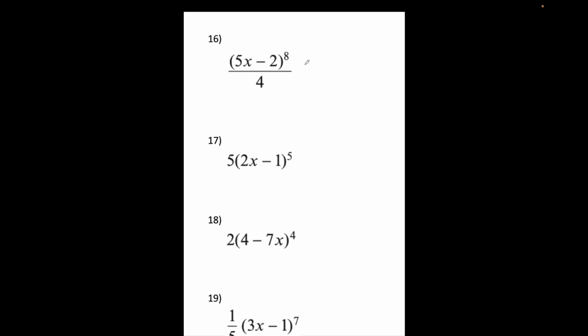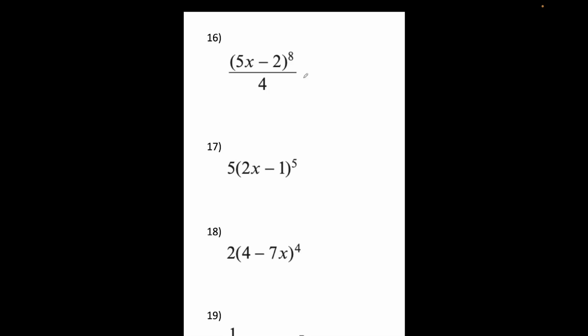If you look at number 16, same principle over here. Hang on a minute, why wouldn't we just put a quarter in front of that first? That's more preferable. We know algebraically that's allowed. If you don't get this relationship, that's very concerning. Divided by 4, as in you understand why it's the same thing as a quarter times the whole thing. And you can tell this definitely helps, doesn't it? Because we now turn into a clear number times something involving x to the power of another number, aka the easy to differentiate formats. When you've rewritten this into a quarter bracket 5x minus 2 to the power of 8,